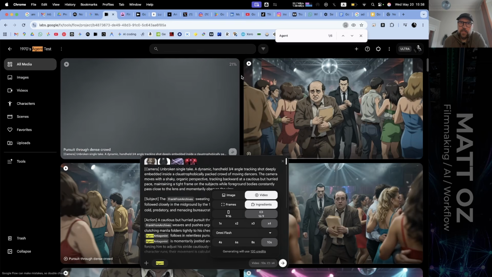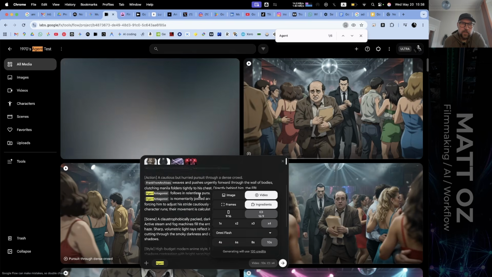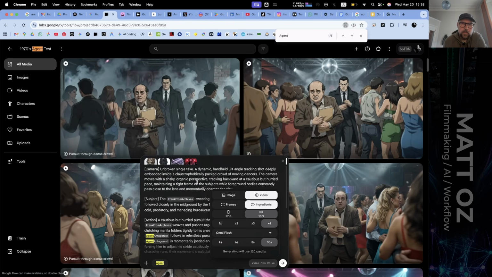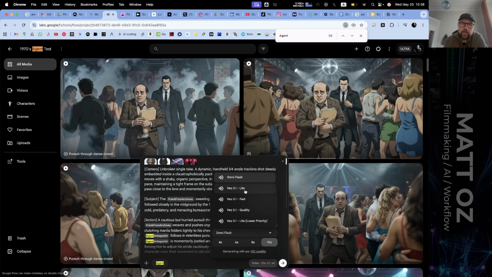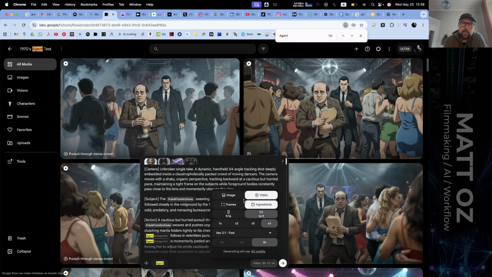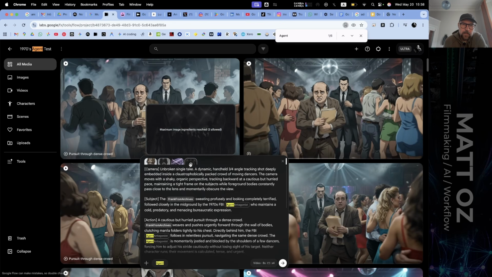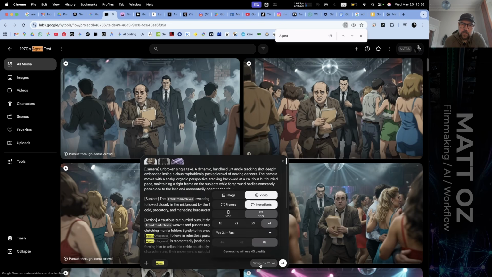This has gone for a standard frontal. I asked for a 3/4, I believe. So where's my 3/4? Yeah, handheld 3/4 angle on the camera. So it's not really doing any of that. I'm going to go to the fast model because I suspect that it's going to give me a better result. Although fast, fast ingredients. Yeah, that's changed.